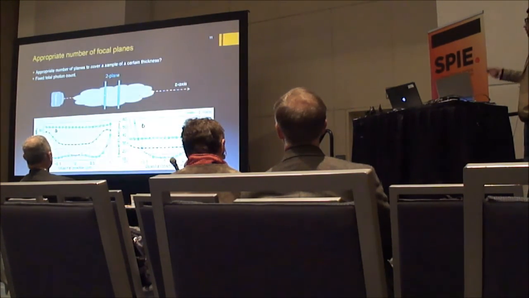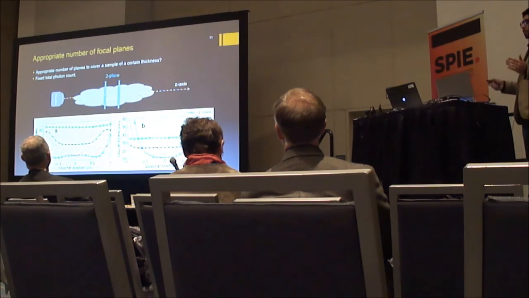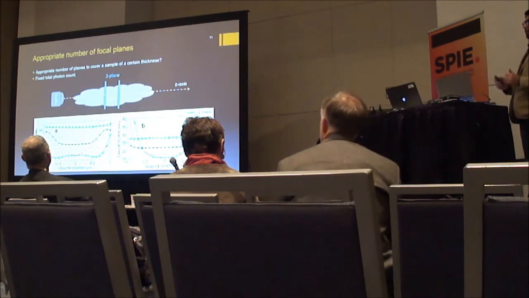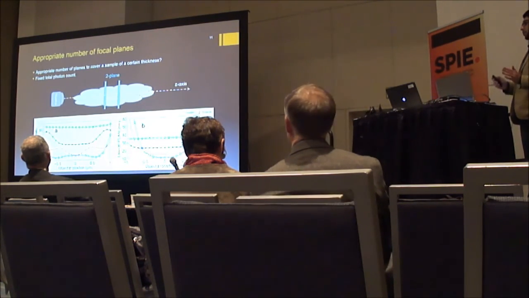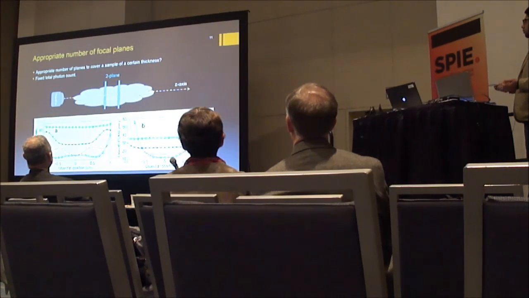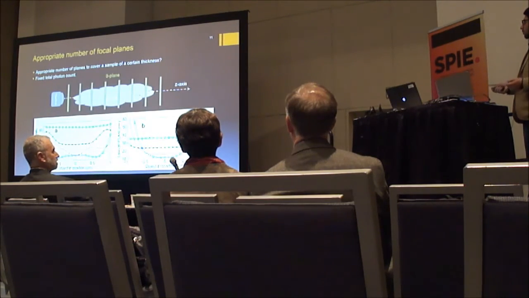The next question that we wanted to address was the appropriate number of focal planes. So this is very brief. We are trying to find the appropriate number of focal planes to cover a sample of a certain thickness. Let's say this is our sample. We already know the best spacing that we can get is the strong coupling spacing. So we pick that spacing and keep it constant. So the spacing is going to be always the same. We change the number of planes now. For example, we could have 2 focal planes, we could have 3 planes, still the spacing is the same. Or we could have all the way up to 8 focal planes, for example, or more.